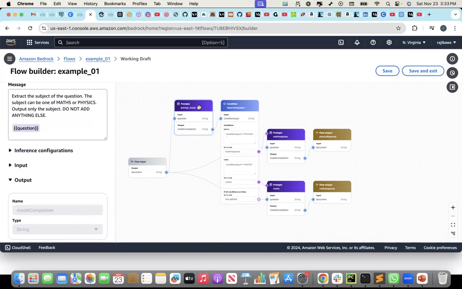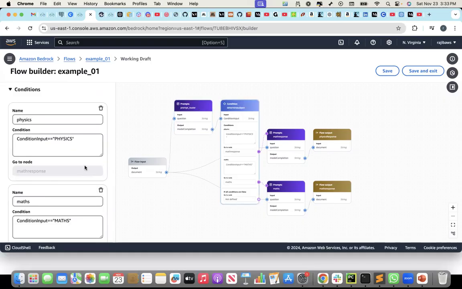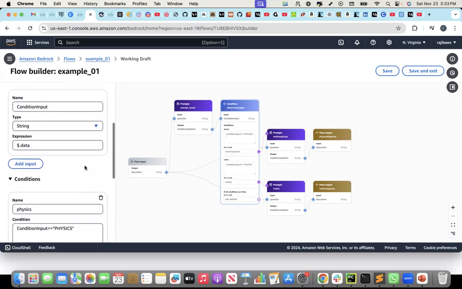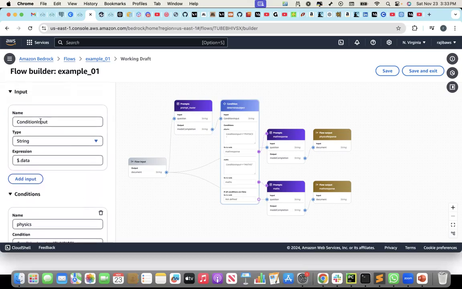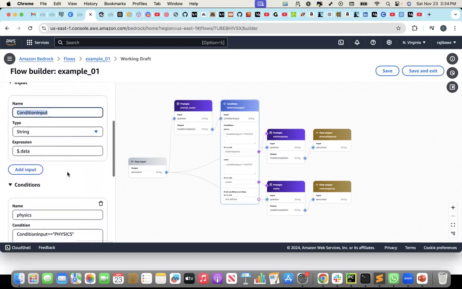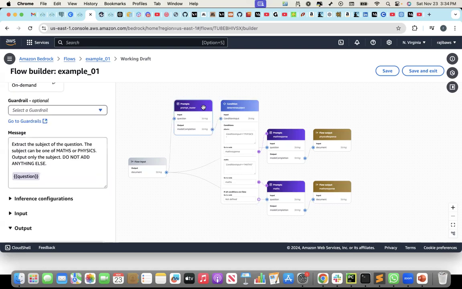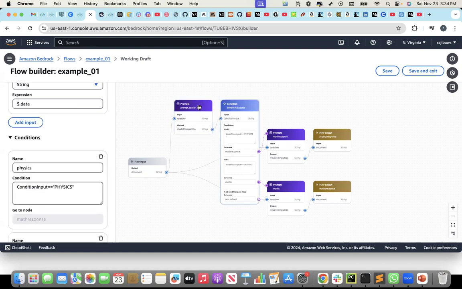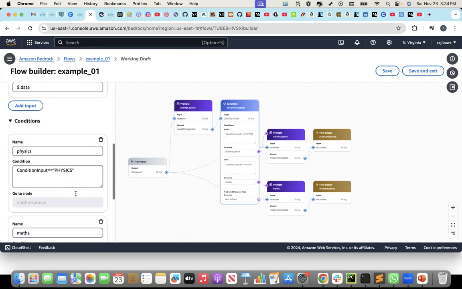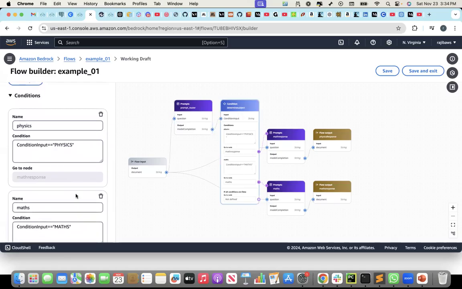After that, this prompt connects with the conditional node. The name of the conditional node is condition input. And if the condition input is physics, that means if the input to this is physics, right? Then it connects to the